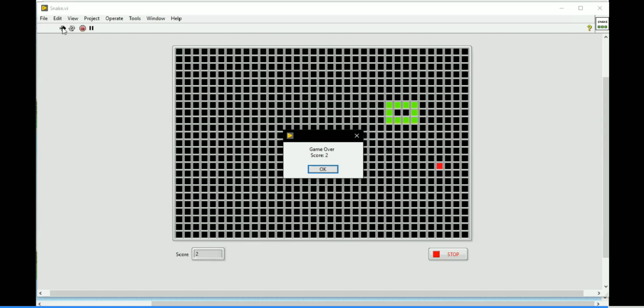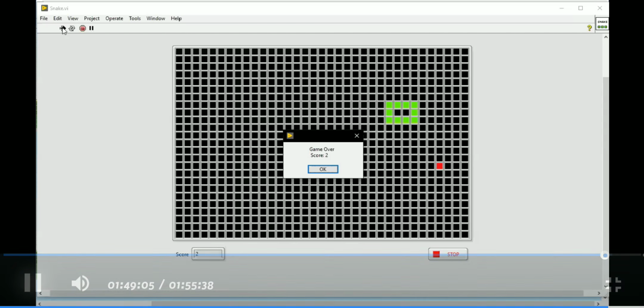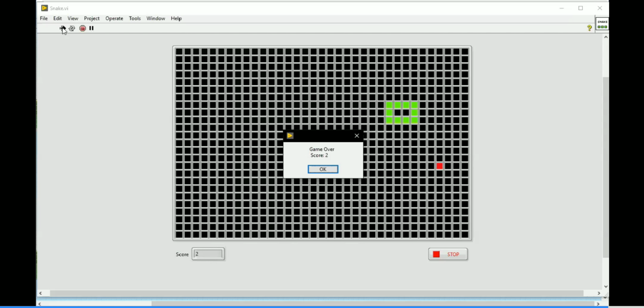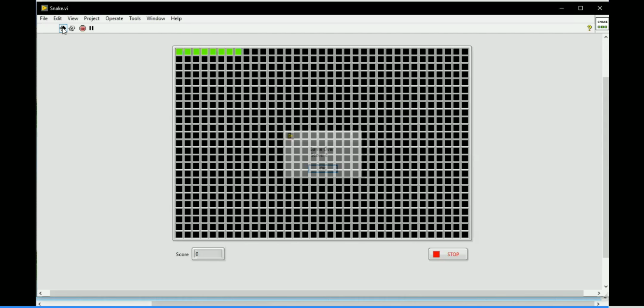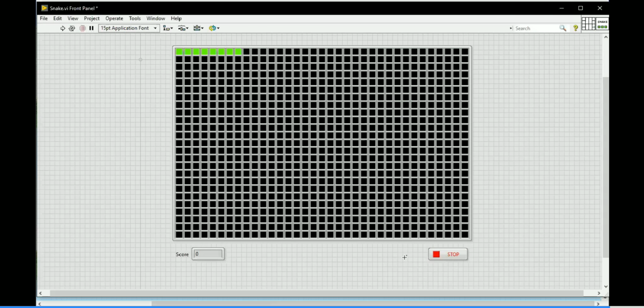This kind of program will help you do something in LabVIEW, and you will get practice. Not only this problem, you can develop any program there. You may even come up with a better program than mine. That's the idea we are going to put forward in this training. On the internet you will get so many things, and if you search for this game, you will find it.